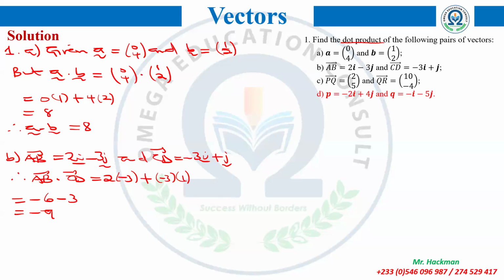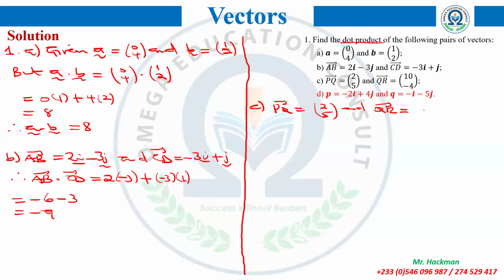Okay, so let's do the last one, the C, together. Assuming this is my next page, because I will need it. Okay, C. What am I given? PQ is equal to the column vector 2, 5, and QR is equal to 10, negative 4. Now I'm dotting, so PQ dot QR will be equal to